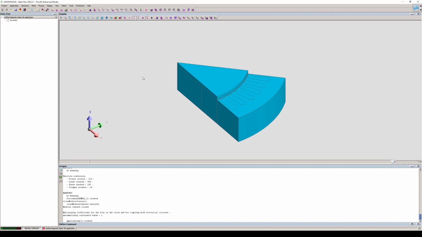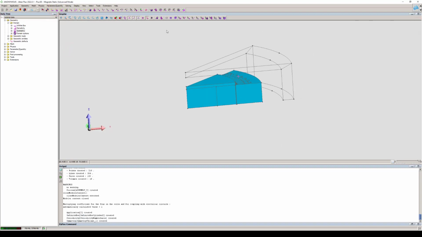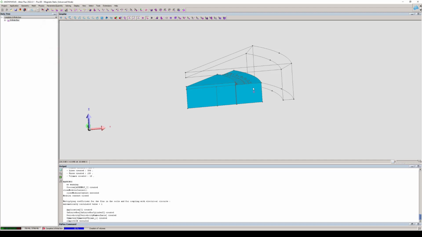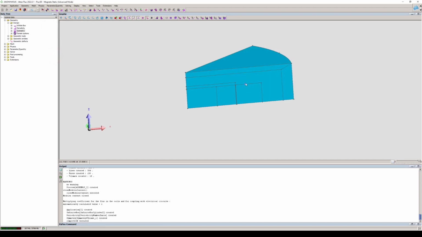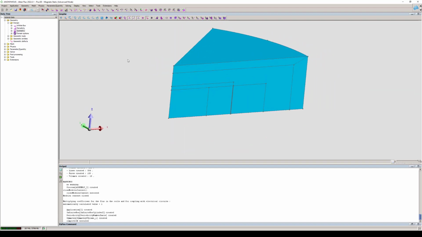So here I need to add still the infinite box and periodicity. So let's do that now. And now I can complete the infinite box, which will close the missing faces and will also define a linked mesh on both sides of the machine. Okay, very good. So now basically the geometry part is done, and the next part would be to do the